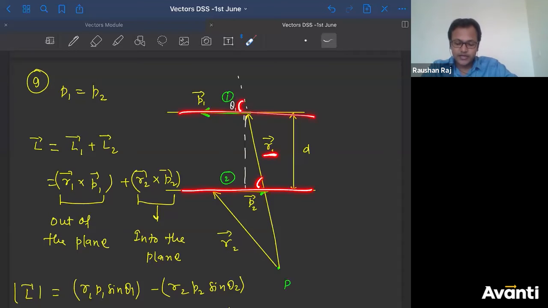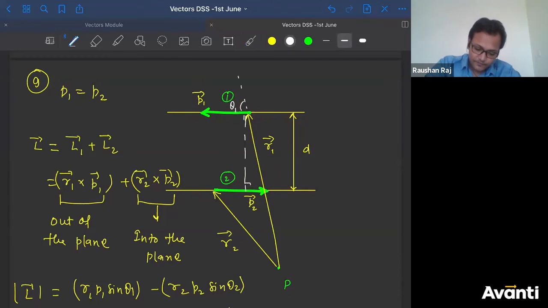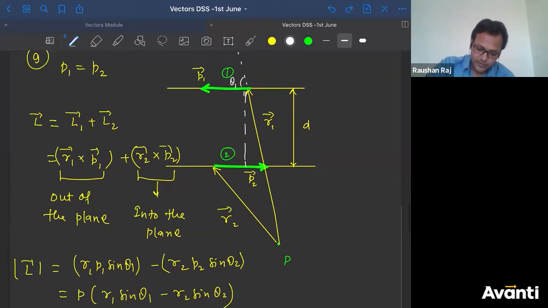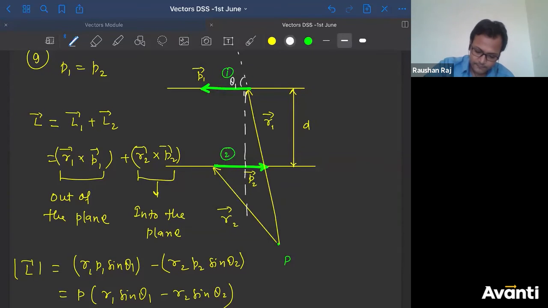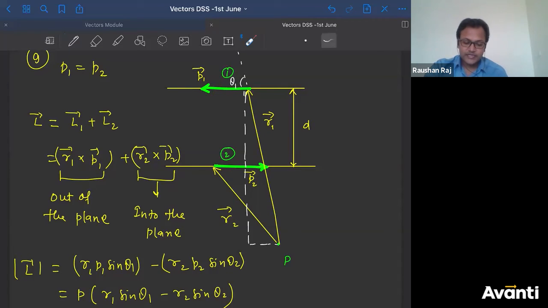If this is R1, tell me what will be this value. Sorry, not this is R1. Let me show the full angle. I'll show the right angle triangle here. Let me draw. Let me extend it again. Let me extend it further. Let me draw it like this. So tell me what is angle theta 1. So this is theta 1. So this will also be theta 1. The whole angle will also be theta 1. Right? Chalo.